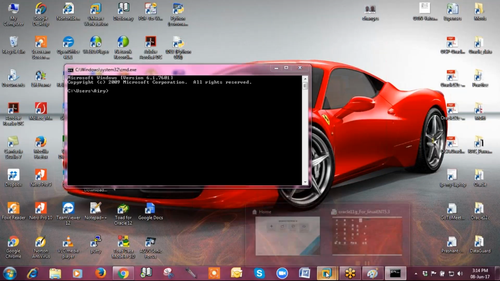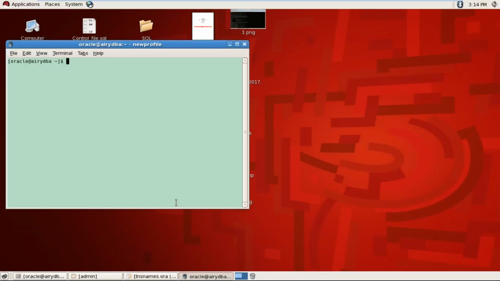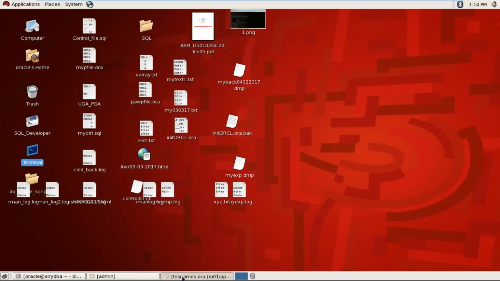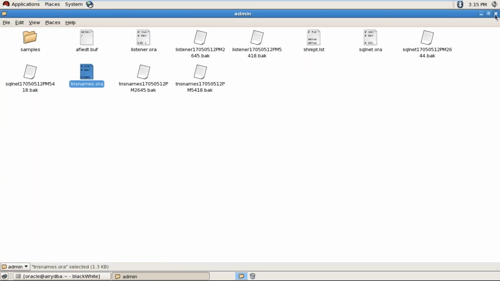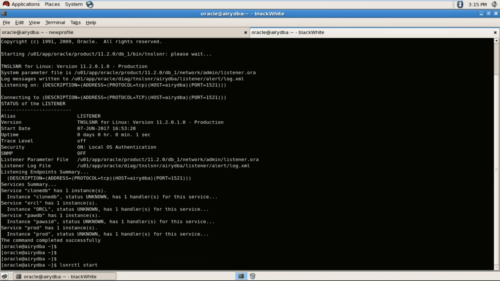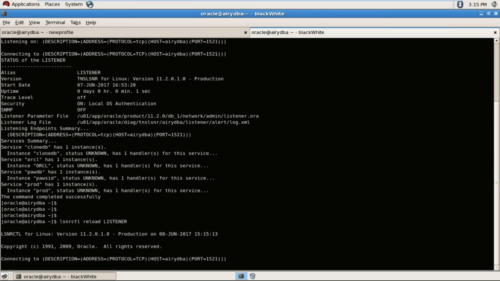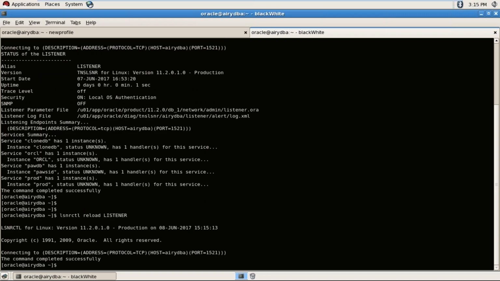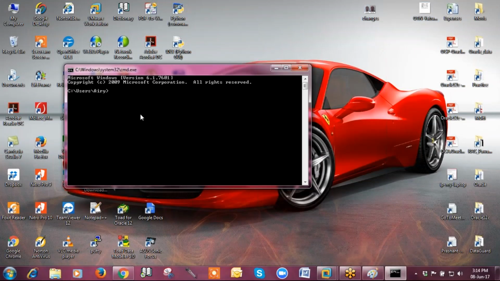I have started the listener in this machine. I will reload it.